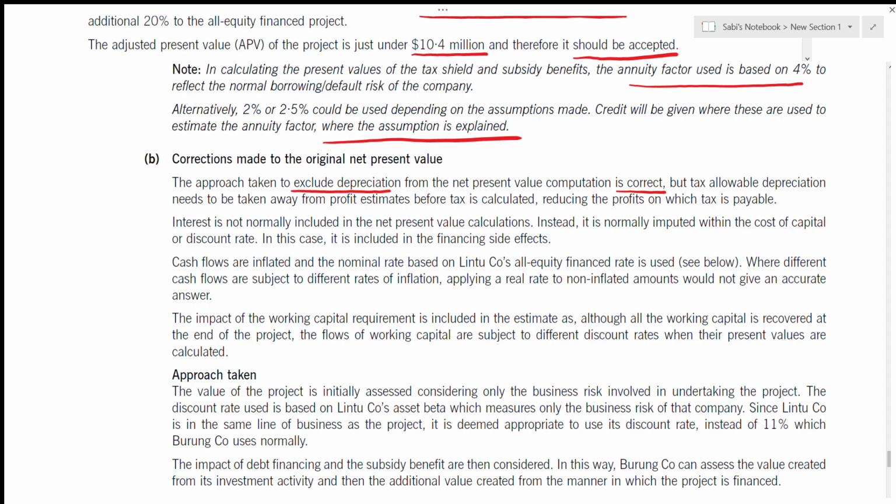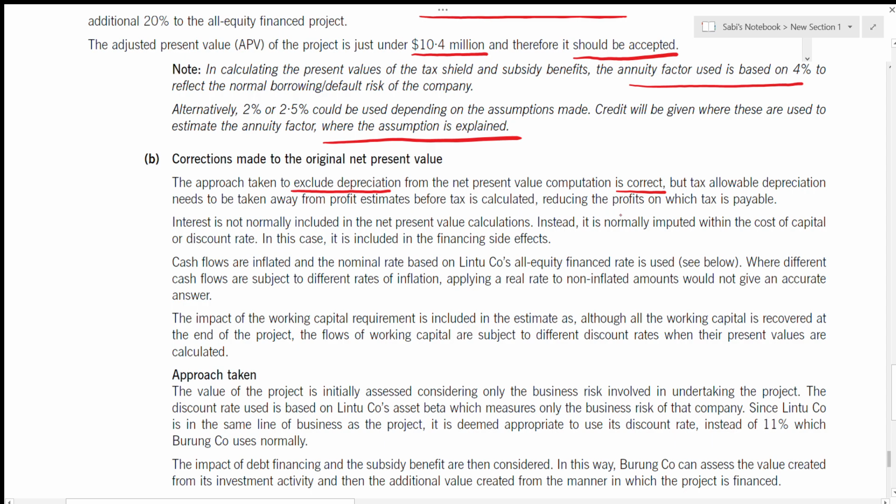Net present value only deals with cash items. But whenever you talk about depreciation, you also have to talk about tax allowable depreciation. Tax allowable depreciation needs to be taken away from the profit estimates before tax is calculated,